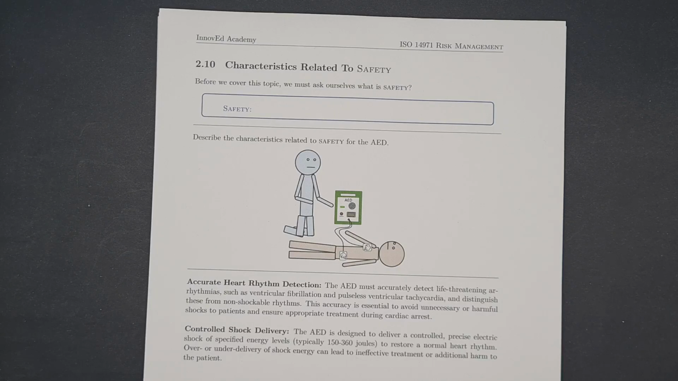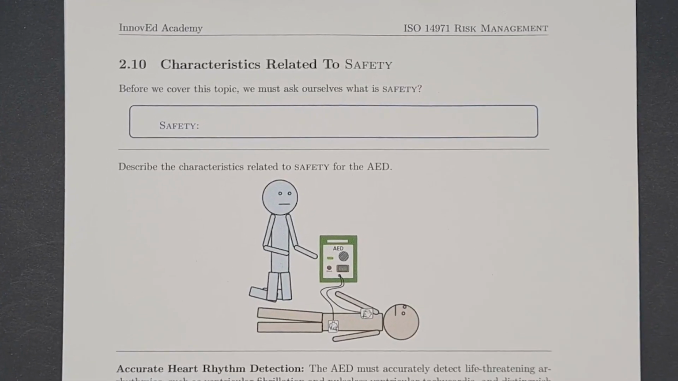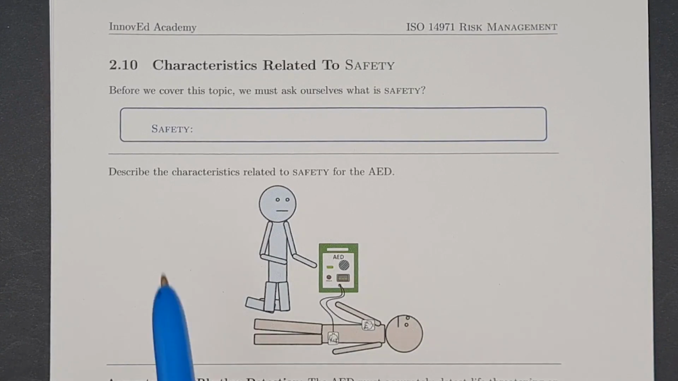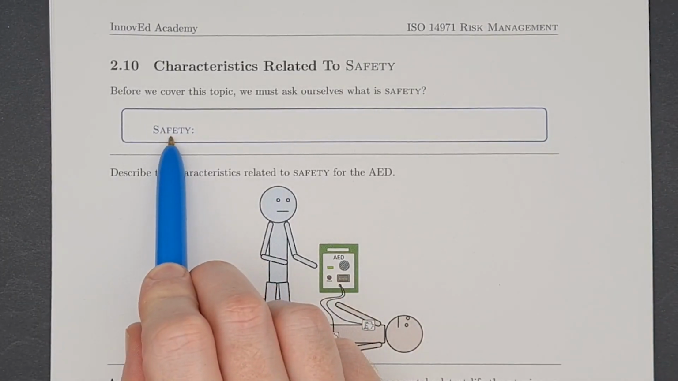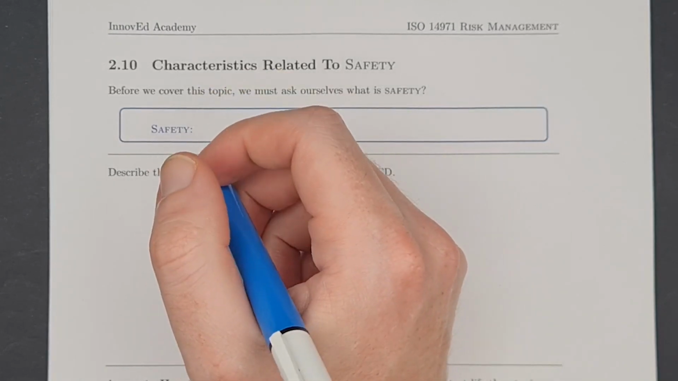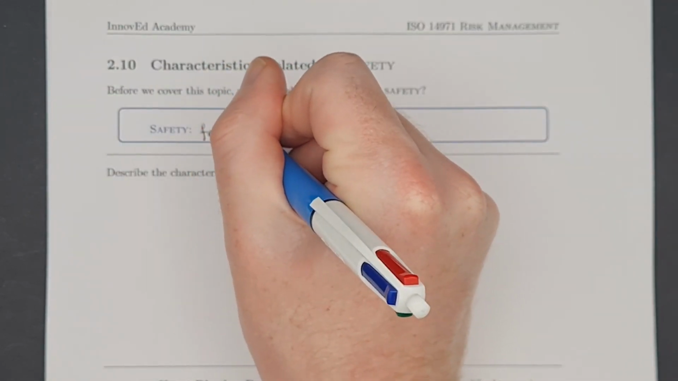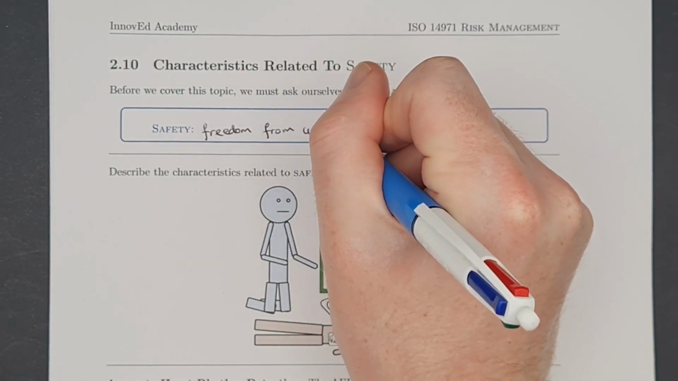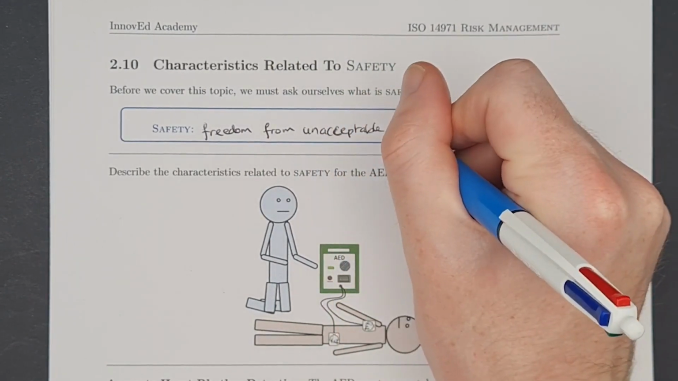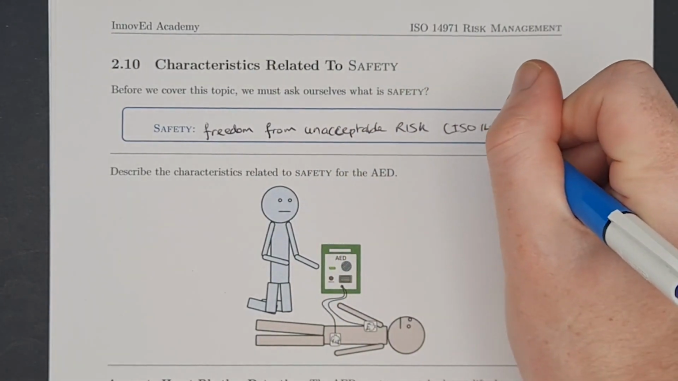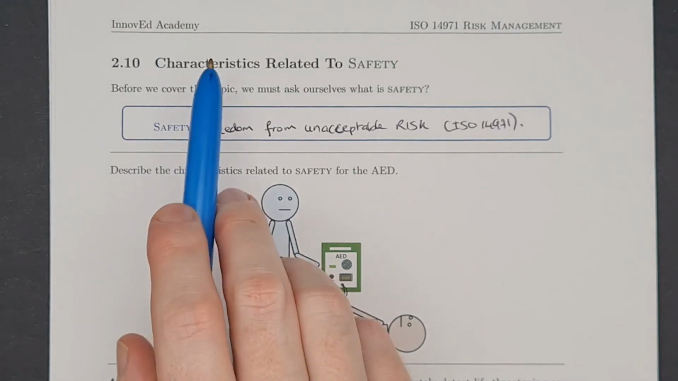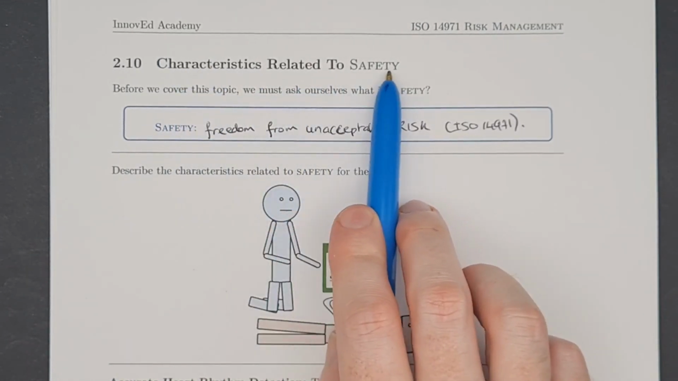In this lesson, we are going to discuss characteristics related to safety. So before we dive into this topic, we must ask ourselves what exactly is safety. Safety is a defined term, and it is defined as freedom from unacceptable risk. And what we're going to do in this next example is describe the characteristics related to safety